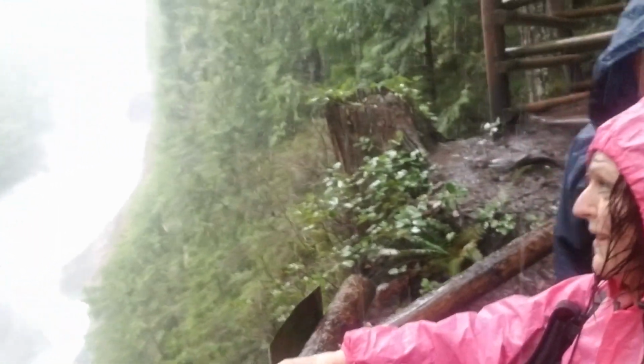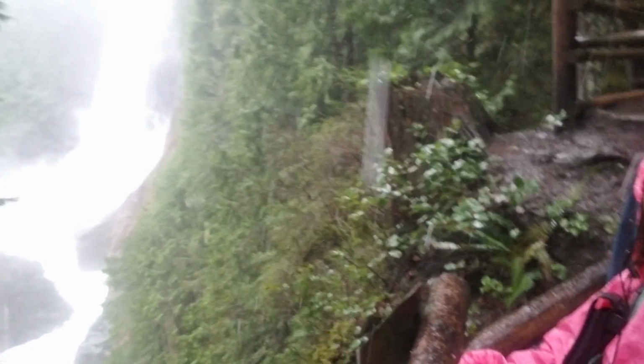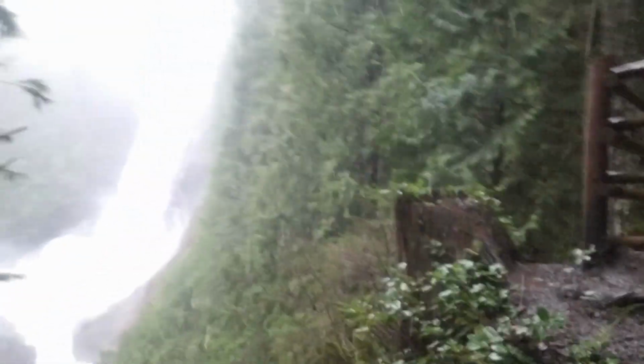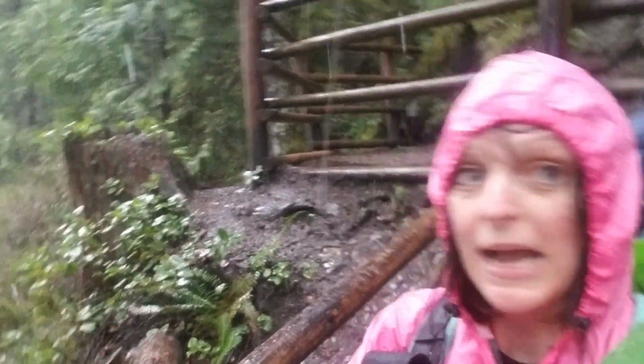So here's the falls. It's really misty today, so hopefully you can see them. And Steve will take some still shots, and we'll put that in there. There's a huge drop off next to me, so